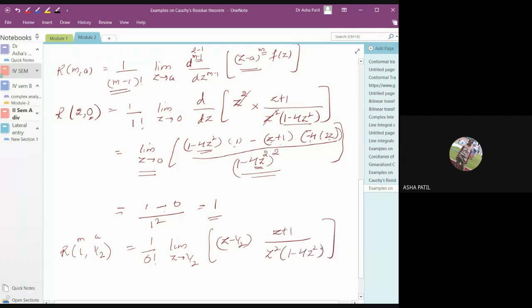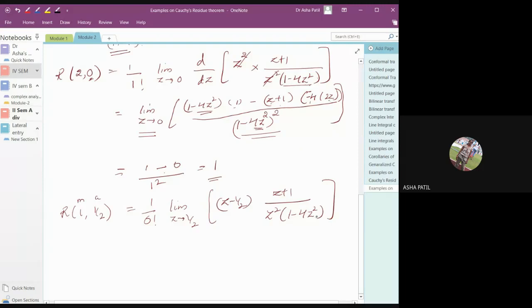square. So if you put in this way, the function 1 minus 4z square, it won't get cancelled. See that this term has to be cancelled. Otherwise, it takes indeterminate form. 1 by 2 minus 1 by 2 is 0. Here also you'll get 0. So 0 by 0 form it will take. So see that you have to write it in the form of factors here. What will you write it as?